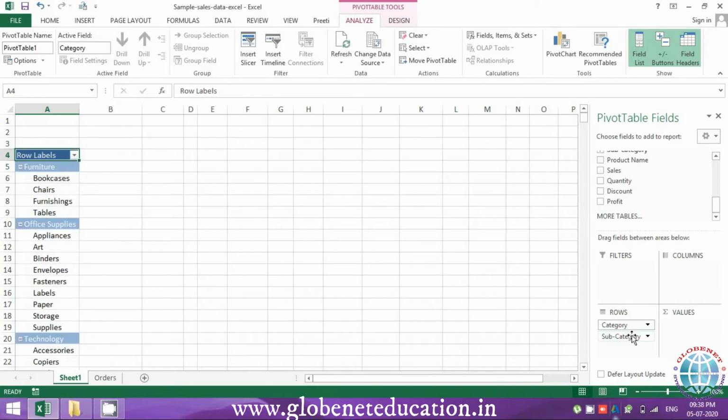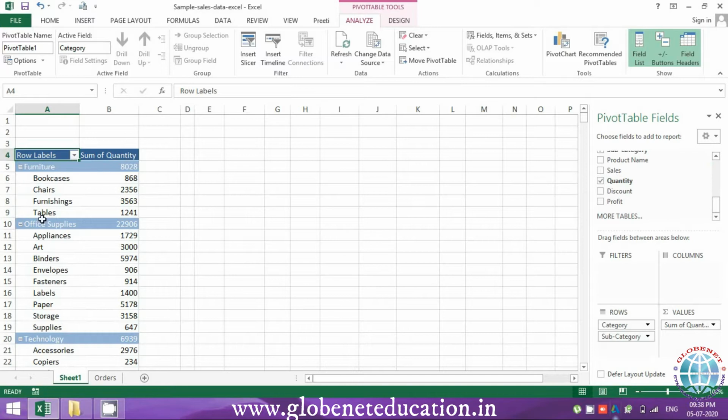As I mentioned earlier, you need to know your data well for this. So for example, let me just get the quantity. I want to see the number of quantities I've sold for each of these products and subcategories. So if you see, you get a very quick overview over here, wherein we understand that furniture, this is the overall for all the dates. We've not put any filter on a date, so it's a huge number, but you can quickly get an overview that in furniture we have around 8,000 quantities sold.